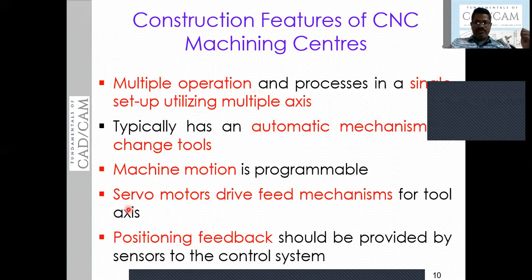Then there are servo motors or drive feed mechanisms for tool axes. The CNC machine must have driving mechanisms as well as feedback mechanisms. Of course, it must be able to position.